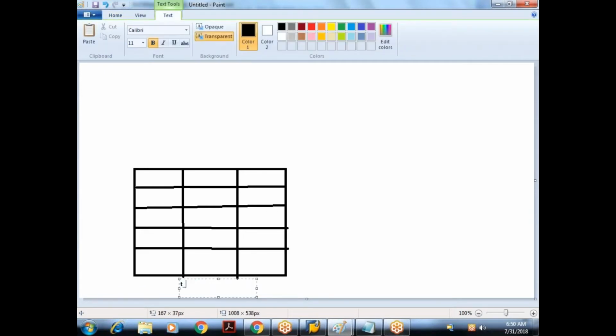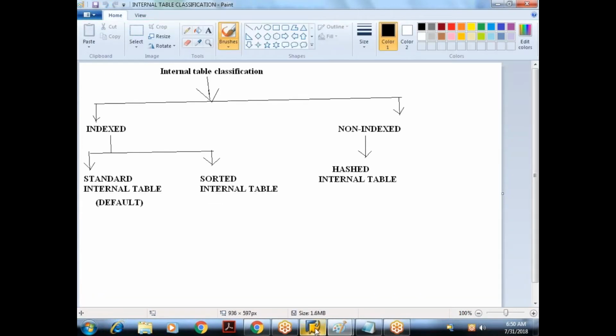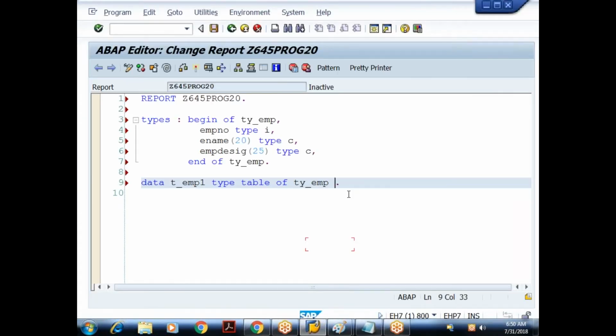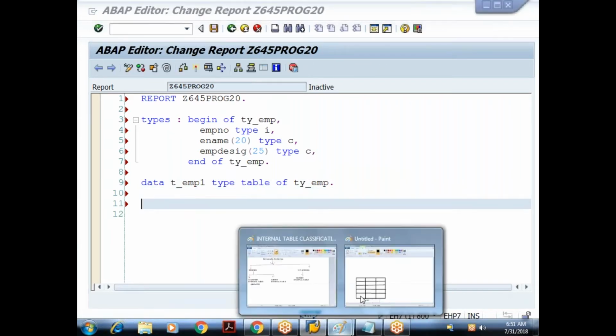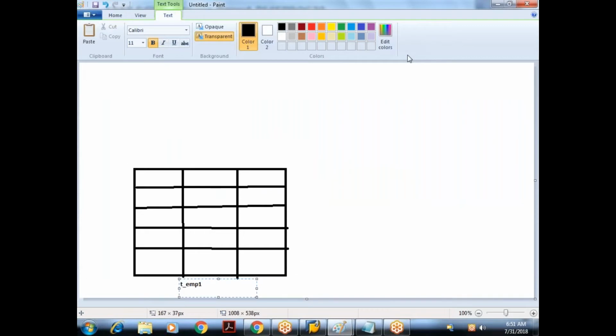Right, so this is t_emp1. It contains only the body section. It doesn't have its own header. If I say with header line, it will create the default header, but I am creating it without header. Now, in order to fill the data in the internal table, yesterday we saw that we cannot directly insert the data into the body.